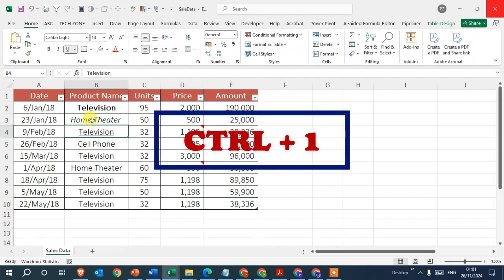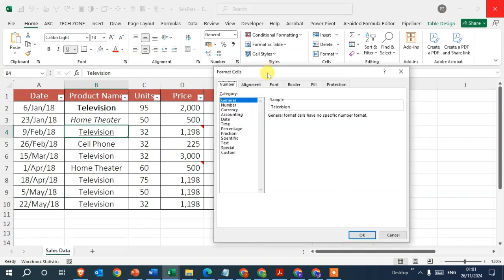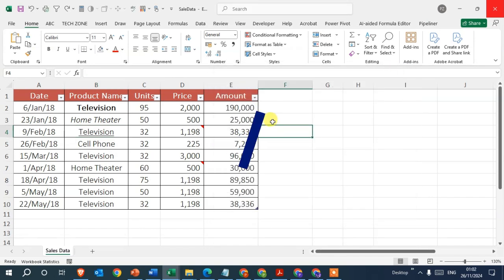Next, Ctrl+1 to open the format cells dialog box. So I press here the Ctrl+1 and here the format cells dialog box is open. So you can use here the different options to format data. So I just close it. And so next shortcut key,